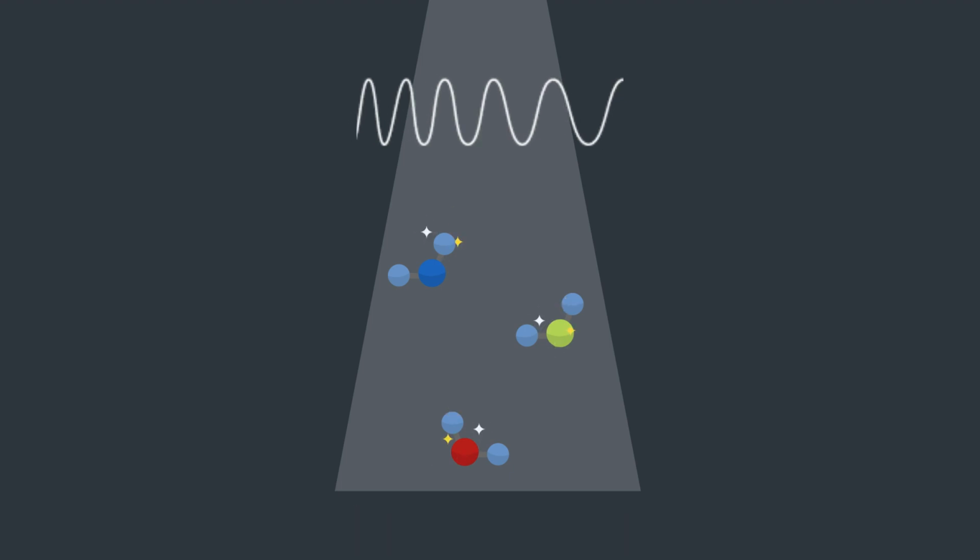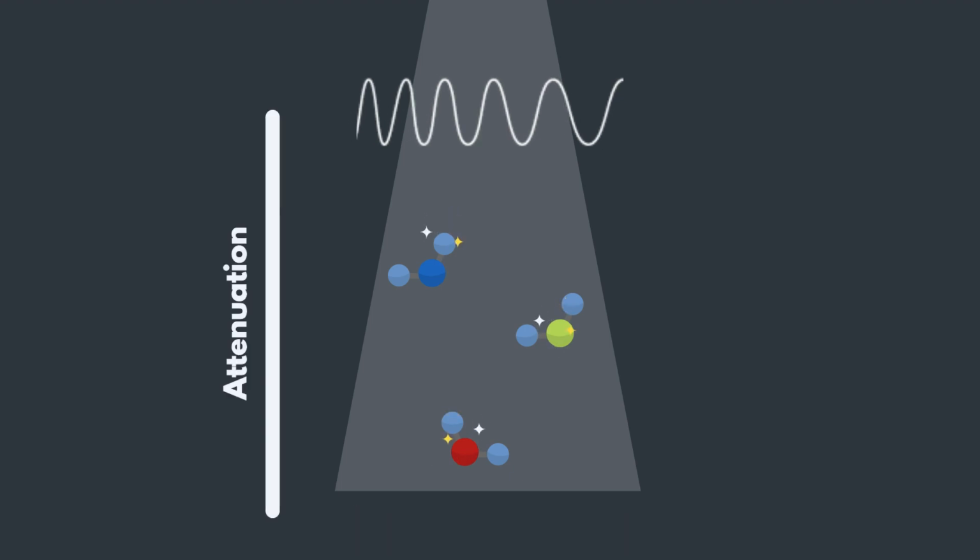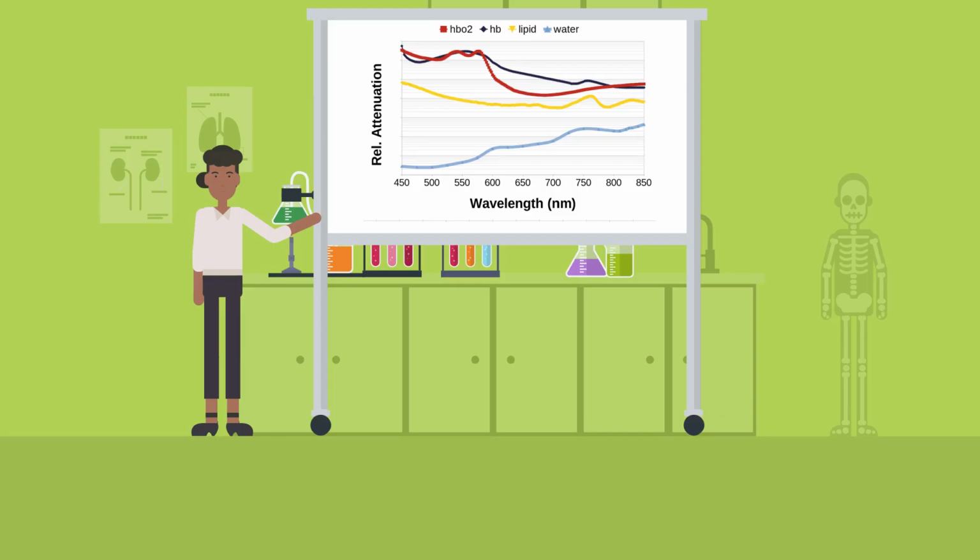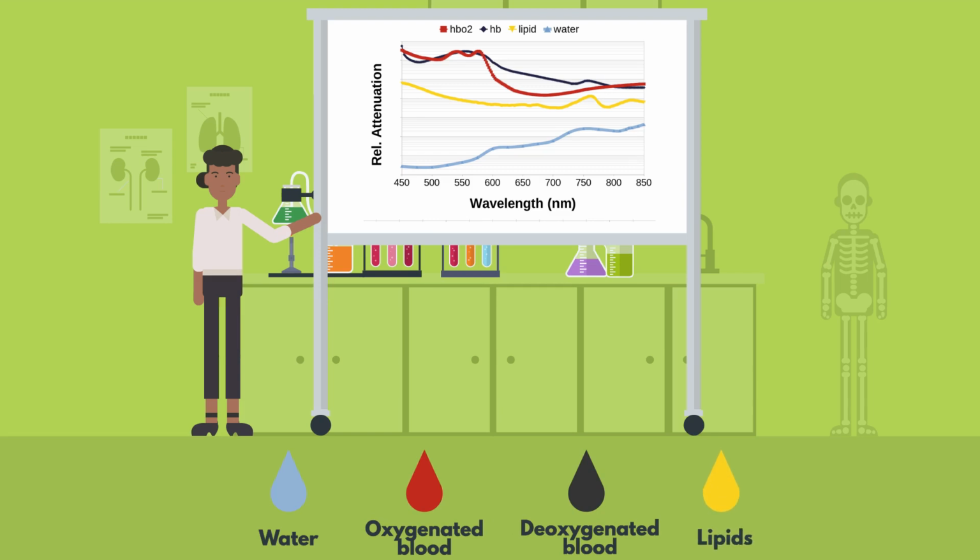These properties can be graphed as the probability of attenuation, y-axis, for different wavelengths of light, x-axis. Let's take a look at a few examples. Water, oxygenated and deoxygenated blood, and lipids, to show a few. As we account for more substances, we can begin to make a better estimate of how far light can travel